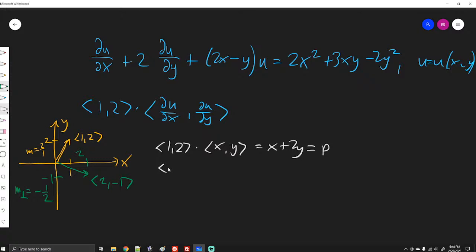And (2, -1) dotted into the position vector gives me 2x minus y equals q. So I'm going to make a change of variables to p and q from x and y. My goal now is to use the chain rule to write these old derivatives in terms of the new variables p and q. So if I use the chain rule,